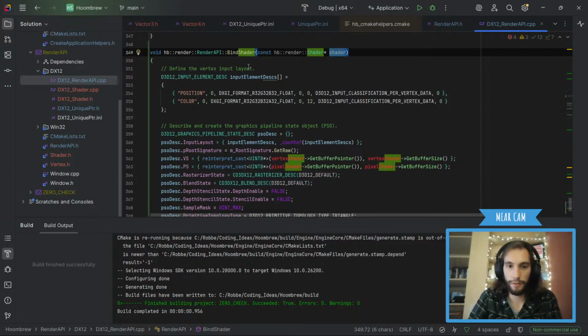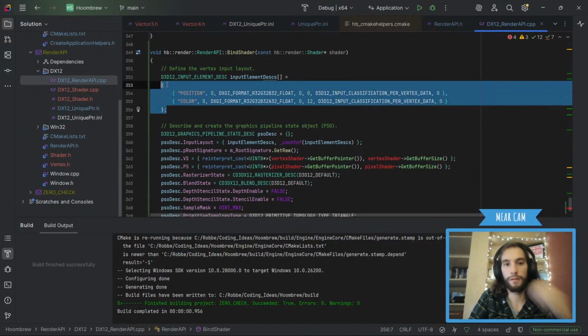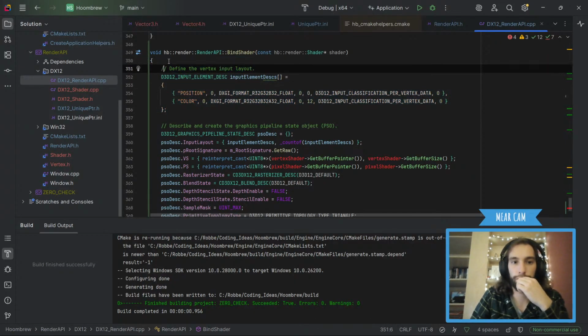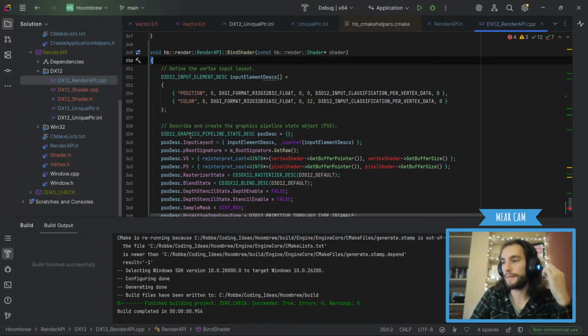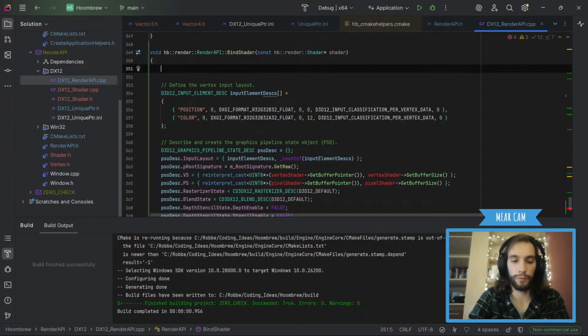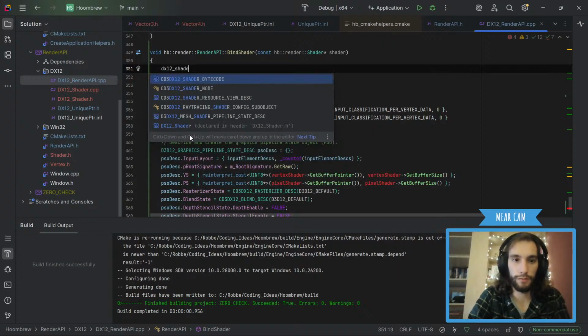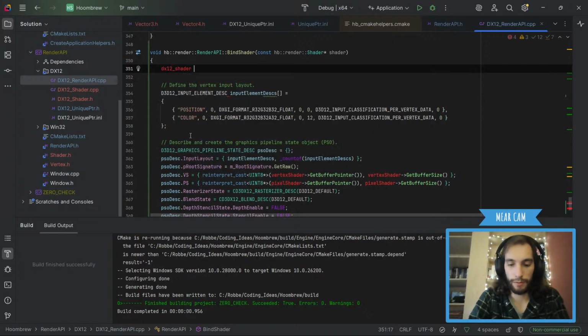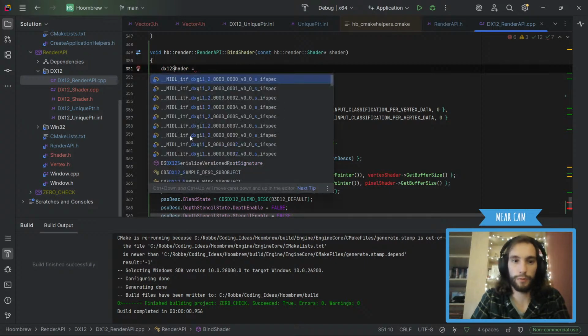So shader. We need to get the layouts. So what we're gonna do is, first of all, we're gonna do DirectX 12 shader equals. I did the same for the window, I think.